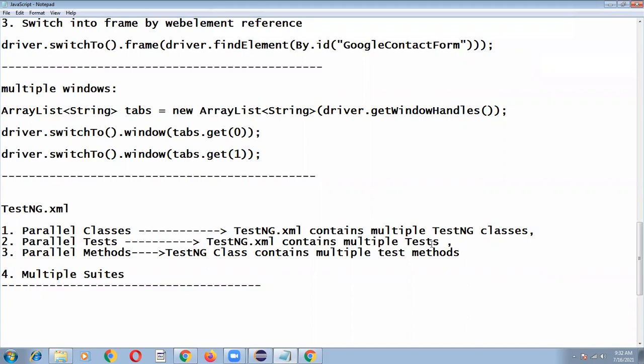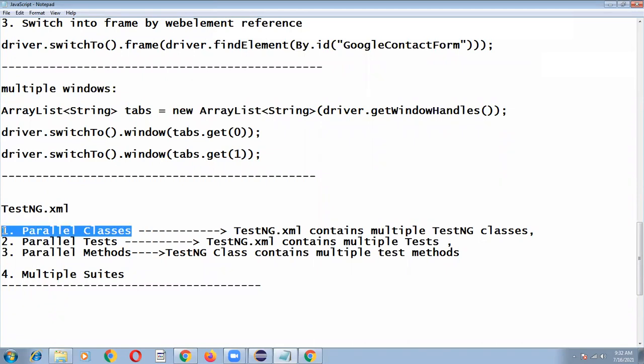I want to execute one test in Chrome browser and another test in Firefox browser. Understood? So in that case, which approach do I have to follow? And my test cases also have to execute in parallel. Understood my question? TC01 add jobs I want to execute in Chrome browser. TC01 add skills I want to execute in Firefox browser. So in that case, which approach do I have to follow?